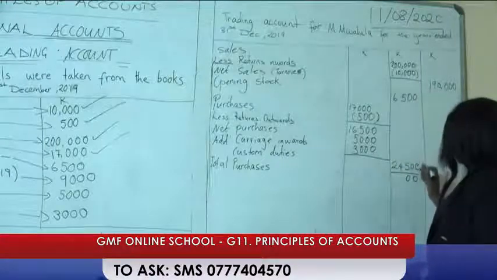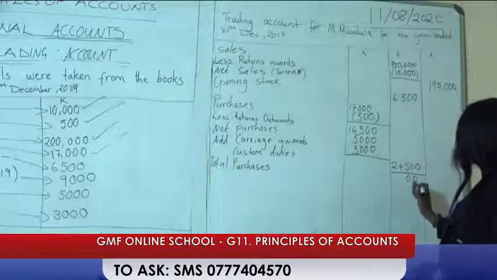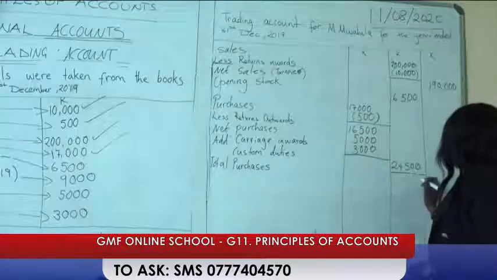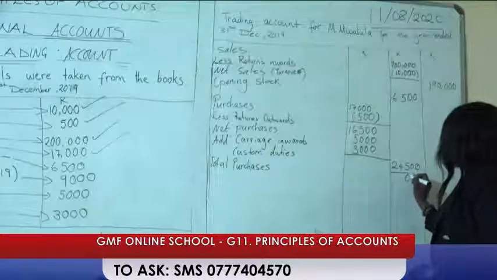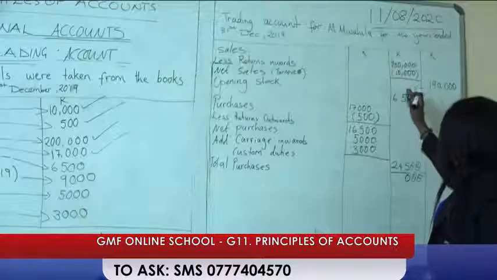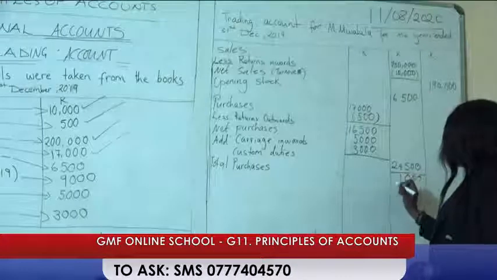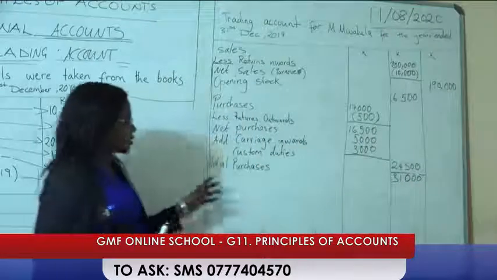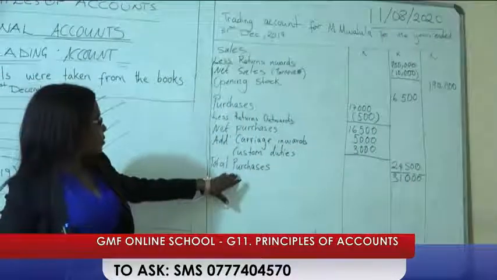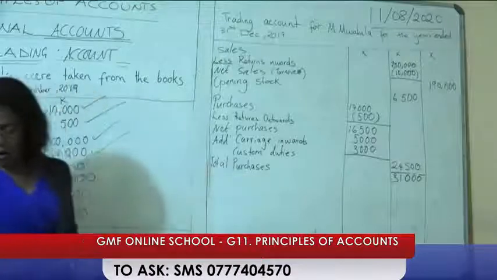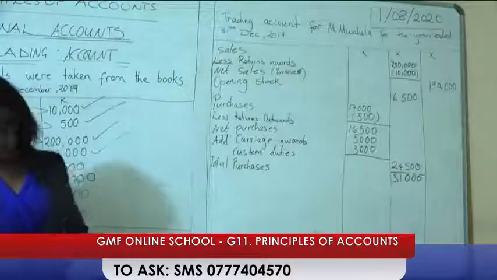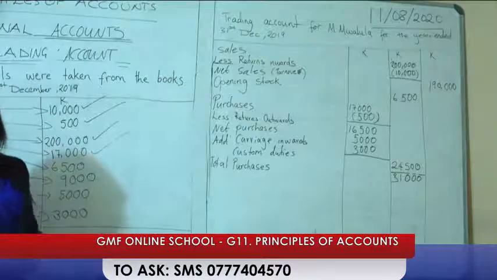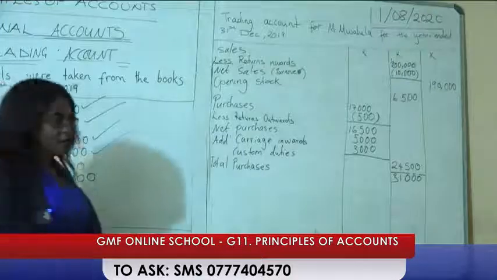So when we add this plus that, 0 plus 0, we get a 0. Then 5 plus 5, we get a 10. So it says 0, 0, a 10, so we write 0, remainder 1. Then 6, that's a 10, 11 plus the other one. Then we have this. So that's now the total purchases plus the opening stock. Then what you get there now, that 31,000,